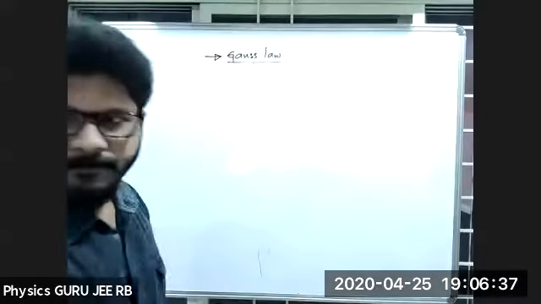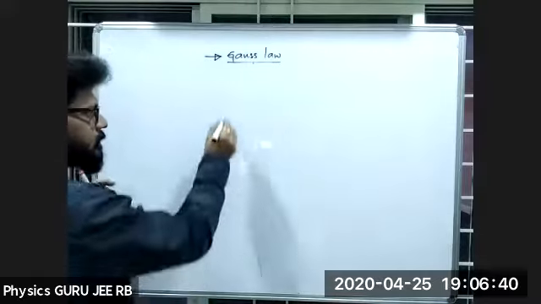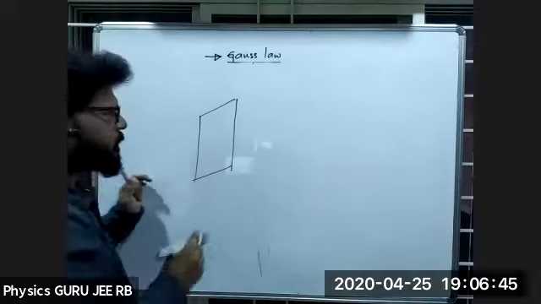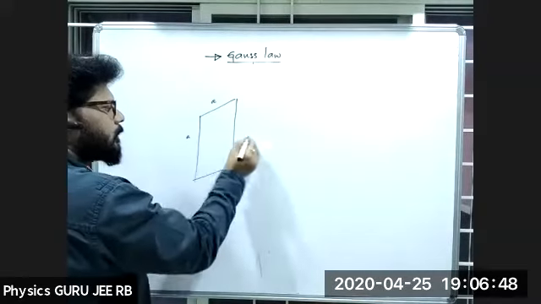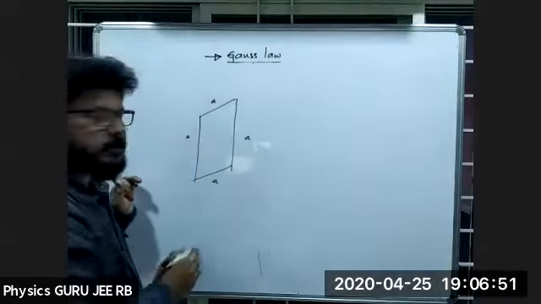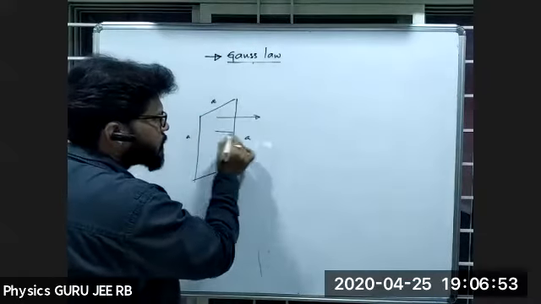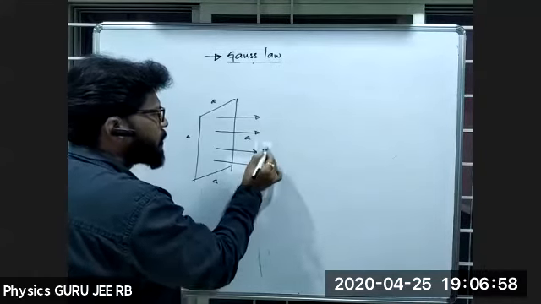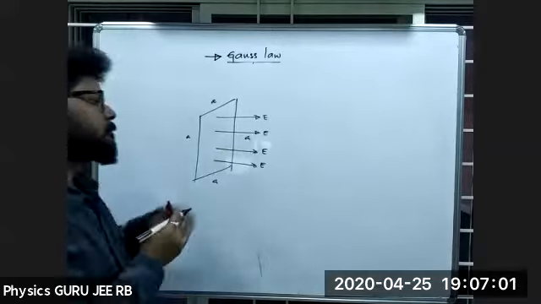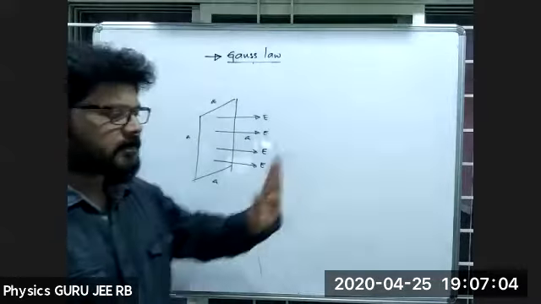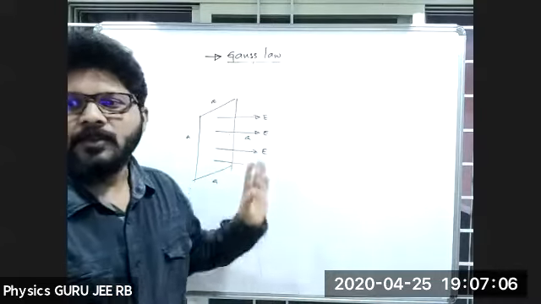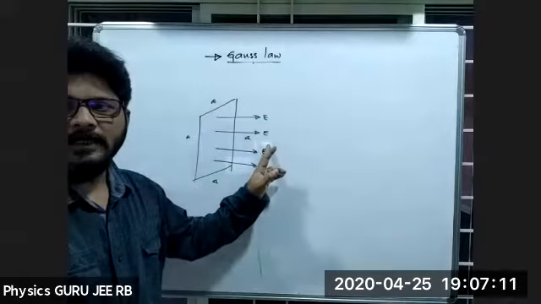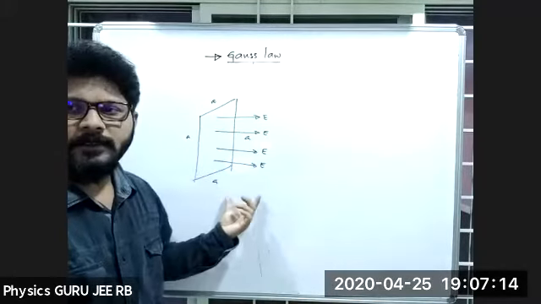Okay, now I'll take two surfaces like this. This is one surface. Let me take sides A and A. Now this is the direction of the electric lines of force. Hope you are able to figure out how these lines are appearing. This is the direction. So what is the flux linked with this? E is the electric field intensity and all sides are of length A.